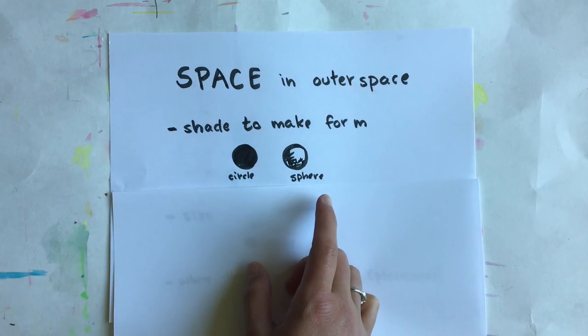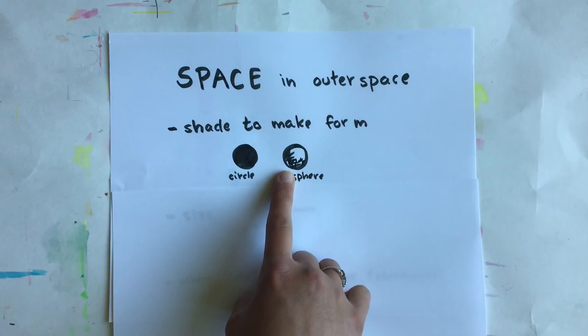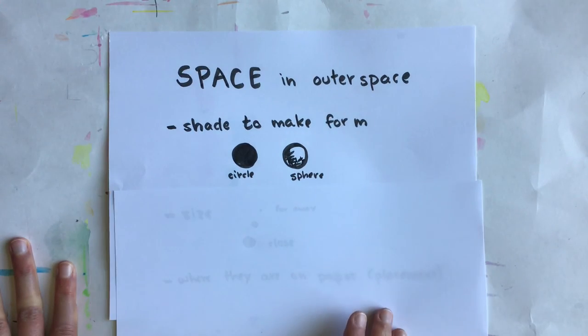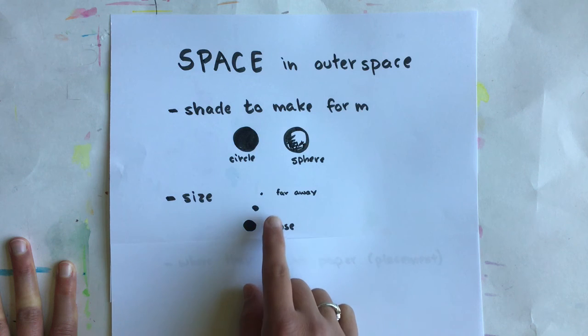It would be round, like this balloon. It's a form, it's a sphere. So we're gonna trick people's eyes by doing some shading to make the circle look like a sphere on our paper, the planet. We're also gonna use size, because you can see just in this little example, when I make